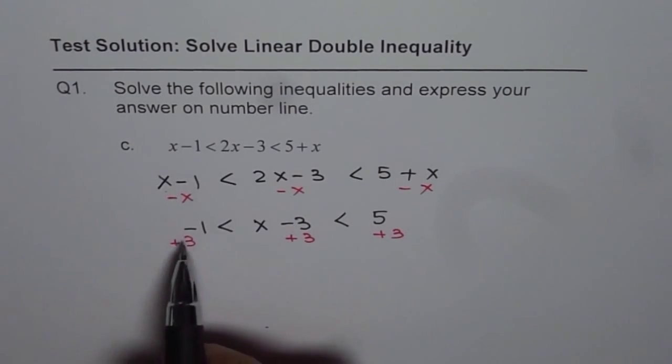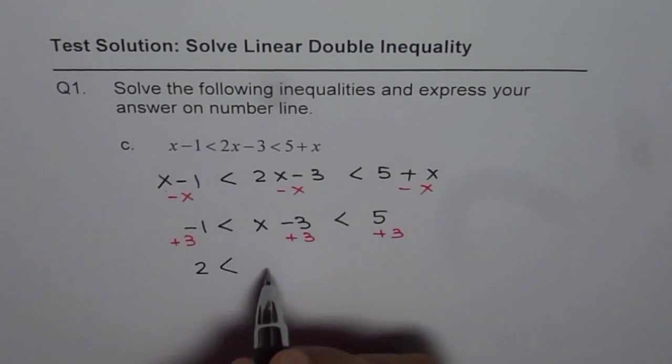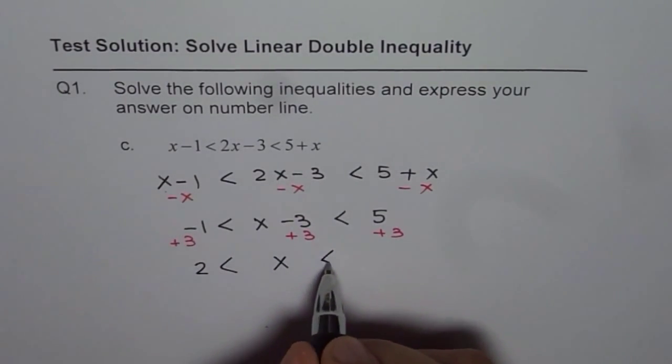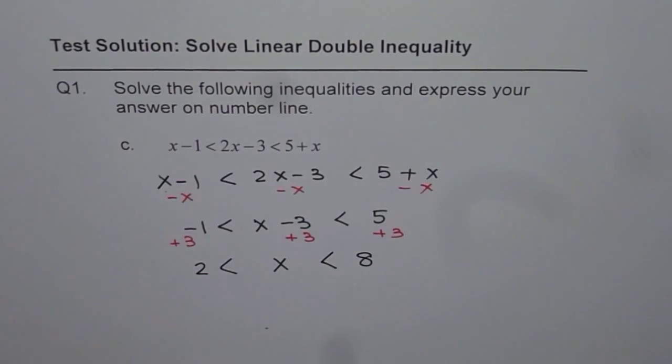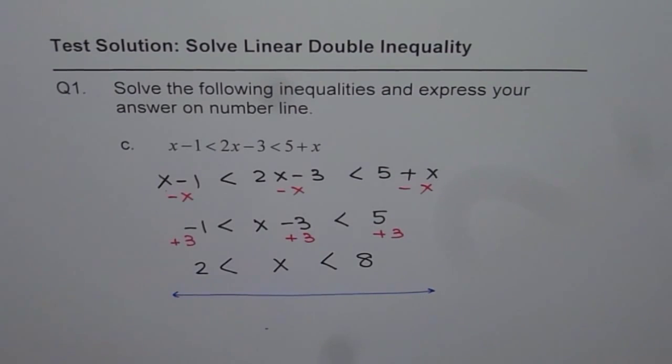So what do we get? Minus 1 plus 3 is 2, and x minus 3 plus 3 is x, which should be less than 8. So we get your answer, which is x is between 2 and 8. These two numbers are not included. So on a number line, we can represent our answer as